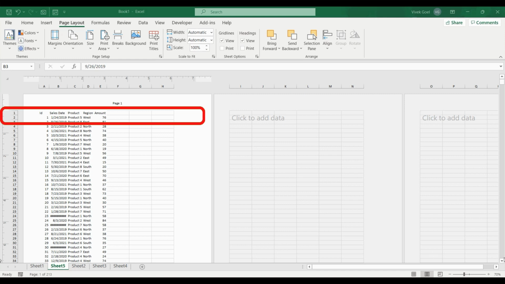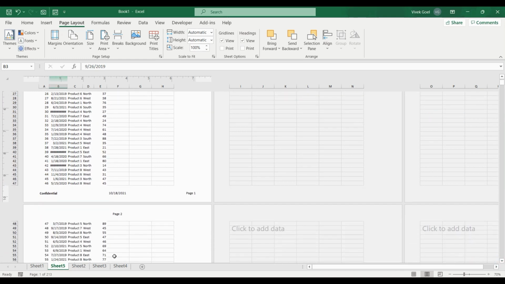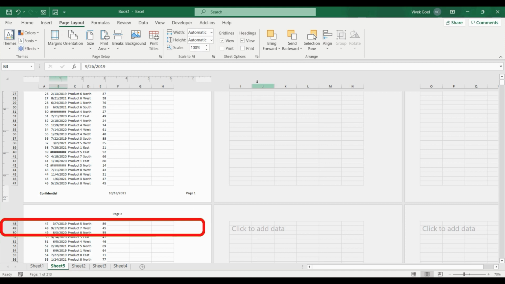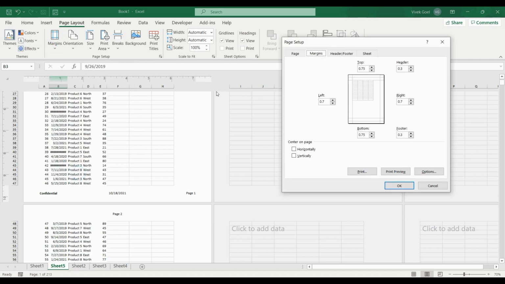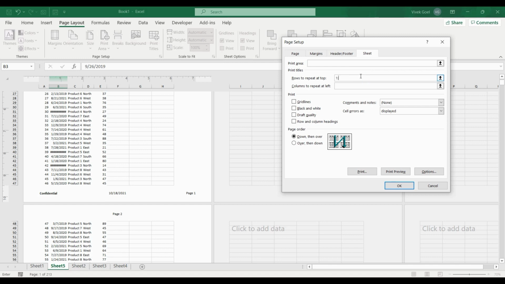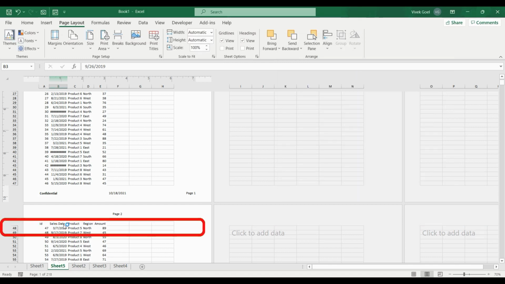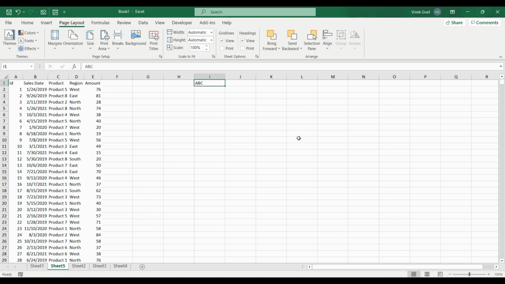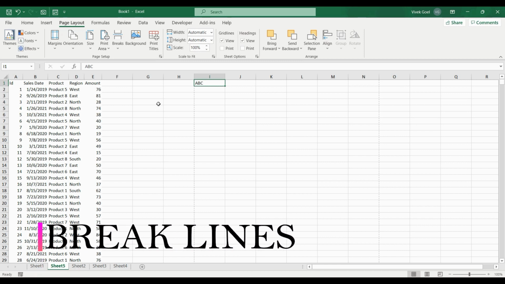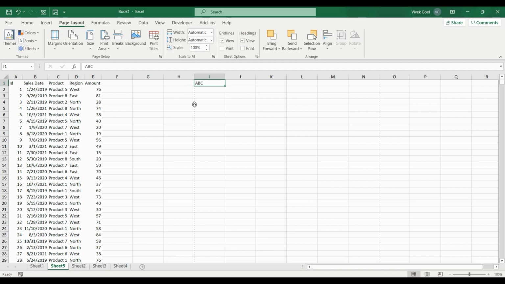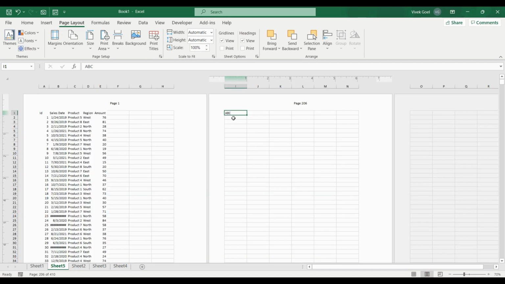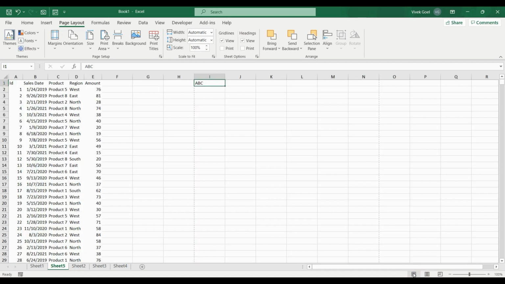And most importantly, we see that our headers are only visible on the first page, but they are not repeating on subsequent pages. So we can choose to repeat our first row so that it is printed out on all pages. Excel shows us how content will be printed on a page using break lines. For example, here we see a break line on column H. That means anything we have on column I will be printed on a different sheet. Similarly, anything beyond line 49 will also go to a different sheet.